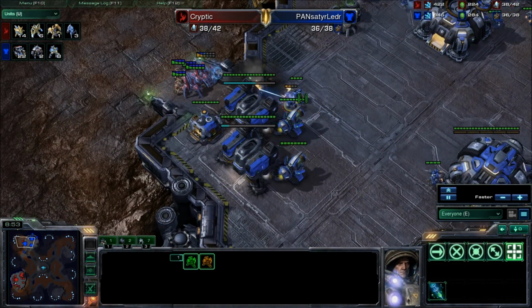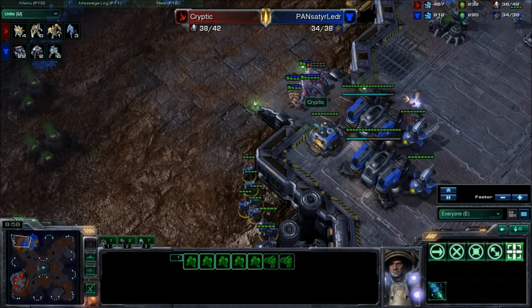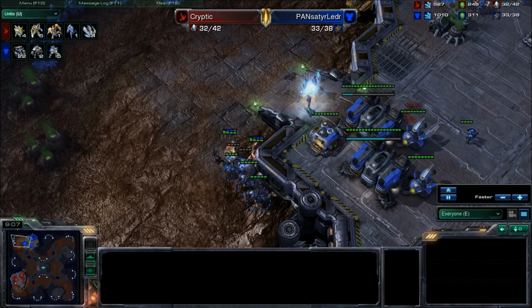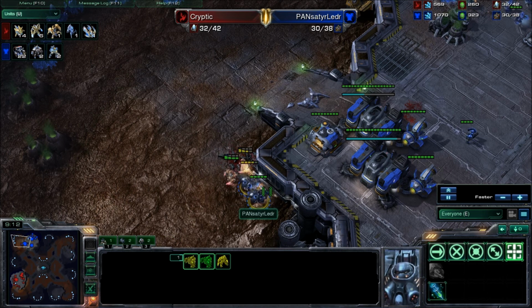This Marine is going to go down, so is this Marine, but now that the forces for Pan are there, it's going to be a different ball game. 1 Stalker goes down, focus fired immediately by Pan. The 2nd Stalker does go down as well. Now all that's left is those Zealots, but no micro is happening, but that is a-okay, since